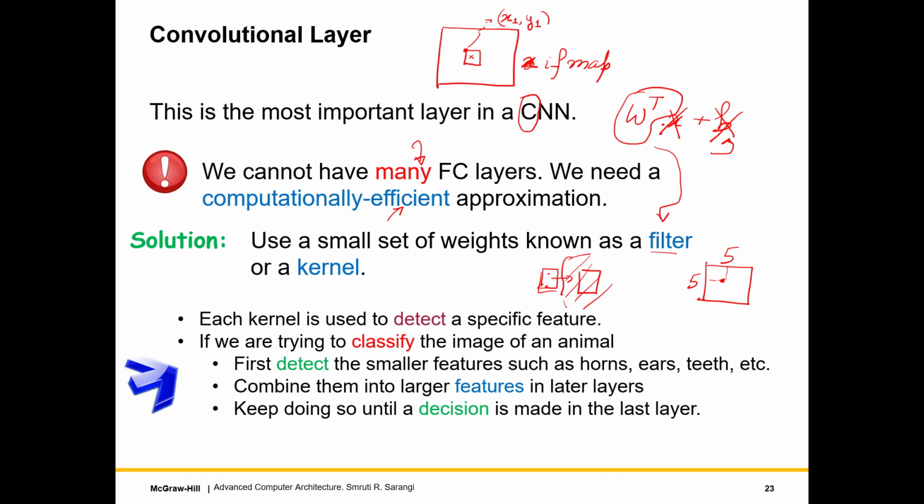So the point is that whenever you're trying to classify the image of an animal, you would first try to find out smaller features like corners and rims and edges and so on first, and then gradually combine the smaller features into slightly bigger features like horns, ears, teeth, etc. And keep combining them more and more and more into larger features in later layers until at the end you could have one large fully connected network and make a decision. For example, you can say that look, this is a kangaroo, that is a cow, and that's a goat, and so on,